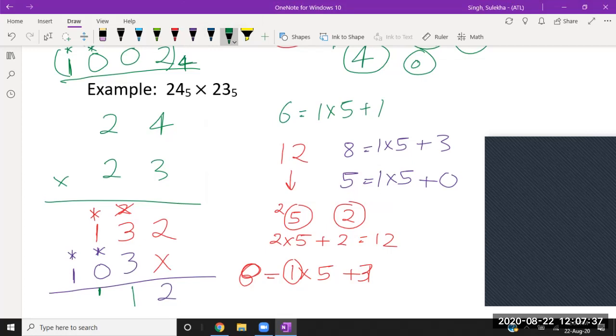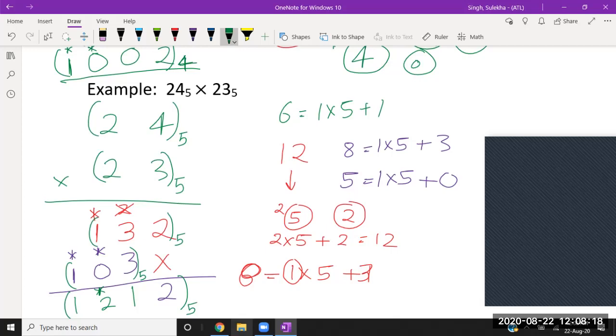For the next step, 1 plus 0 is 1. Again, 1 carry from the previous case, that is 1. 1 plus 1 is 2. So 2 I can't pair in terms of 5, so 2 is 2, and there is no carry for the next step. And 1 plus nothing, that is 1. So my answer is 1, 2, 1, 2 in base 5. Remember this thing. These all things are in base 5. I am directly doing my operation in base 5.